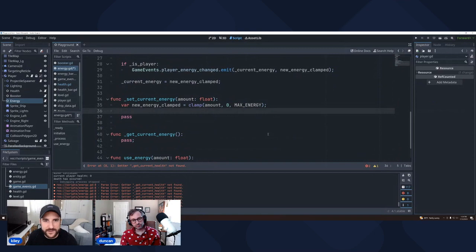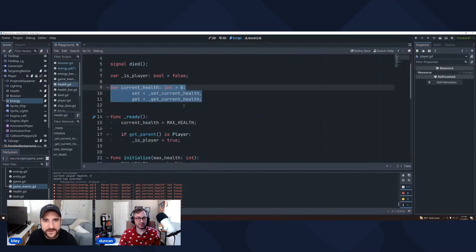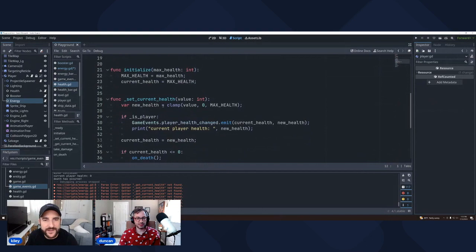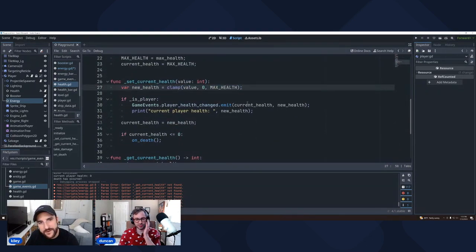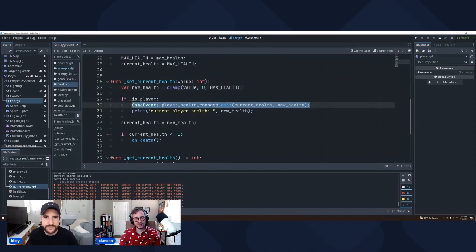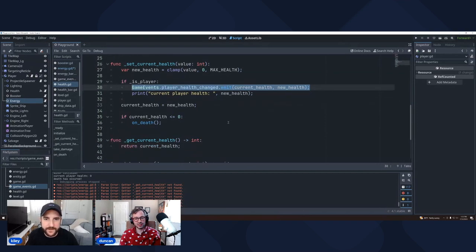Well, you definitely want to have certain access levels, right? I think what's happening here is if you look at the set health, we're making sure every time we clamp it, right? Again, because we don't want to go under or over. But what we're doing too is we're emitting this health changed when we set it.